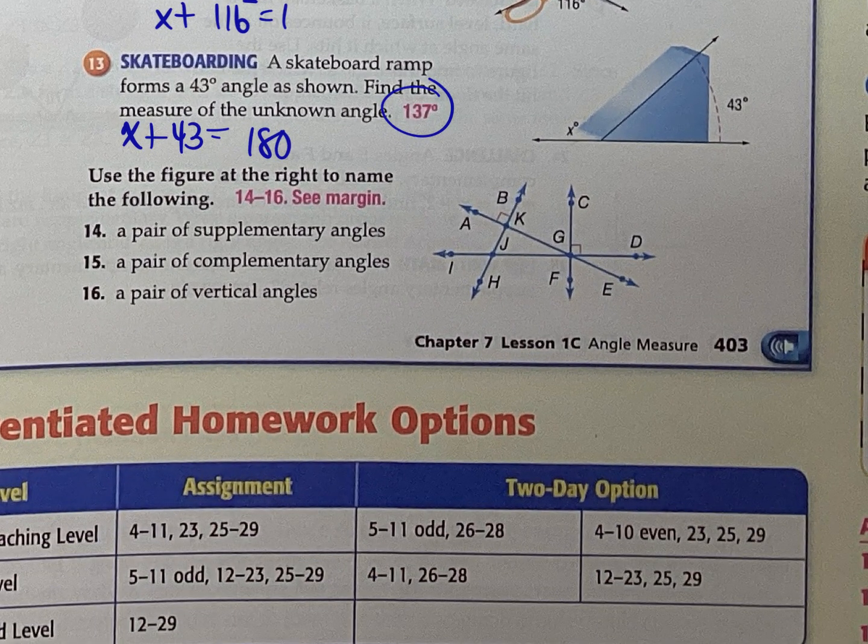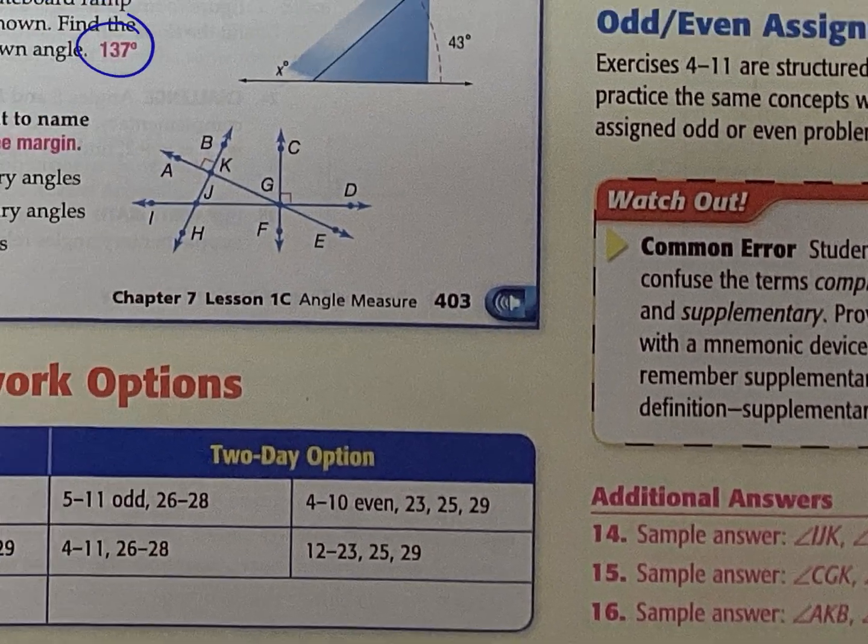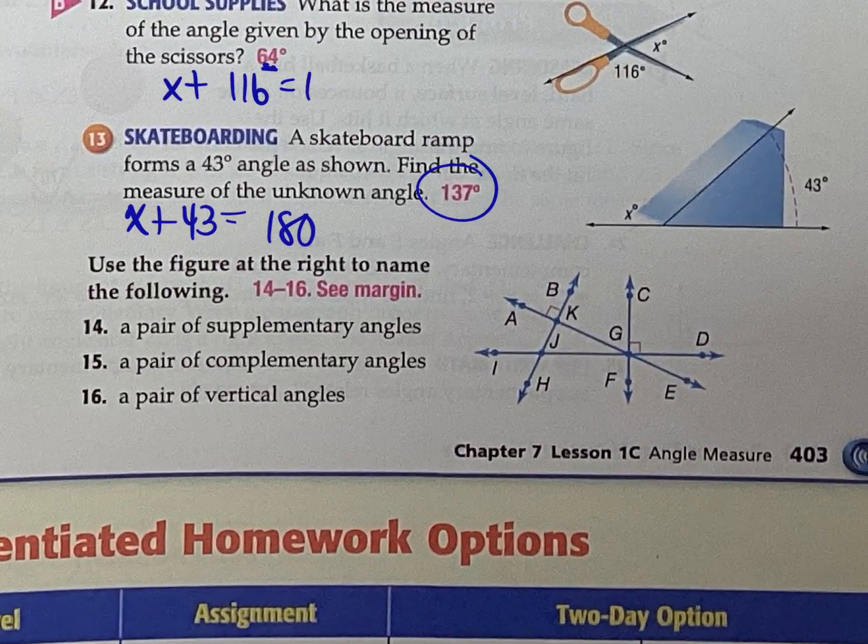Alright, 14, 15, and 16. We have a margin over here with sample answers. There's a lot of different answers you could give me. If you're finding supplementary, you want to find, let's say, a straight line, and then name these two angles. That would be angle AJB, angle